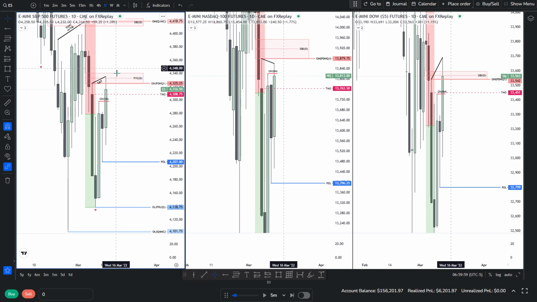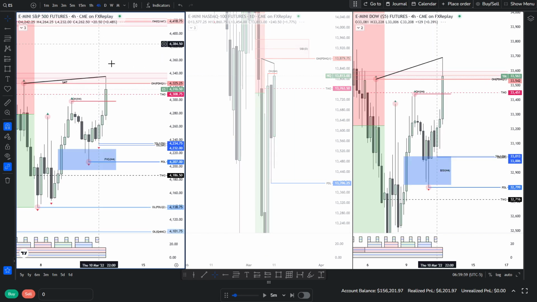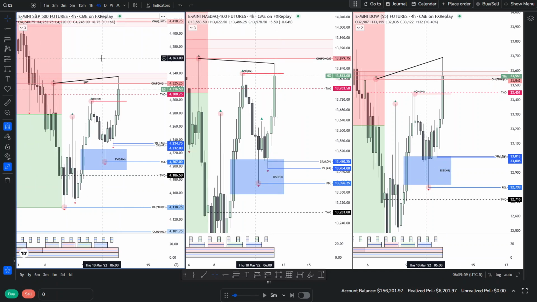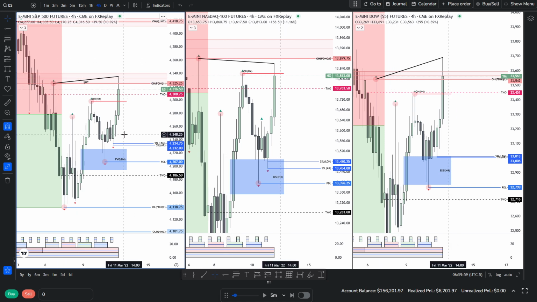I'll just drop that down to 4 hour. That would be my only model seeing lower prices. If we're going to see higher prices, then